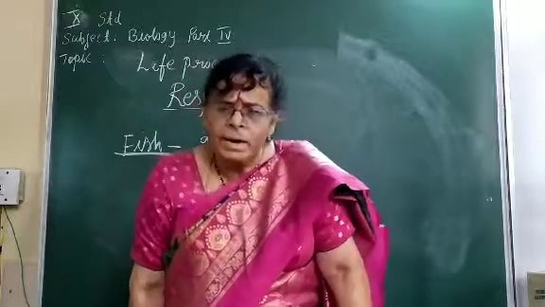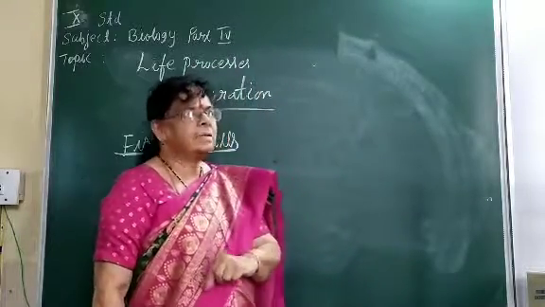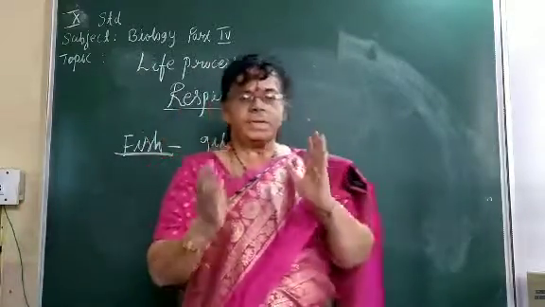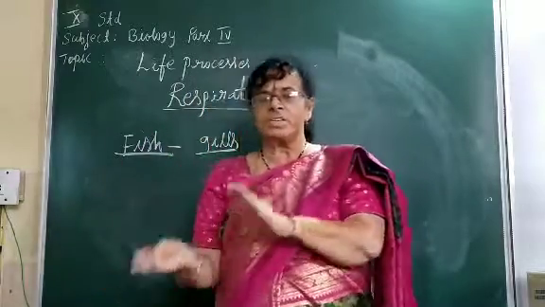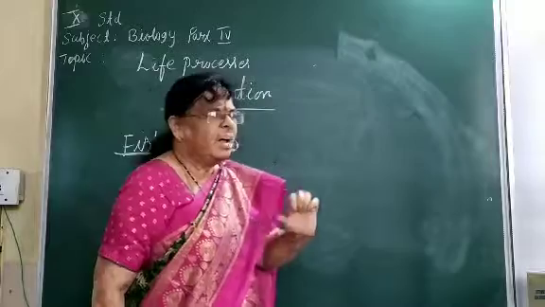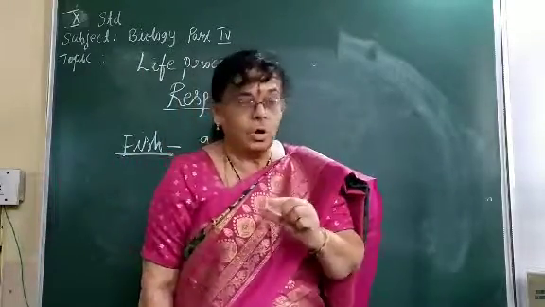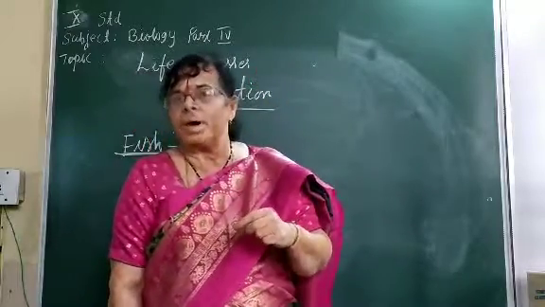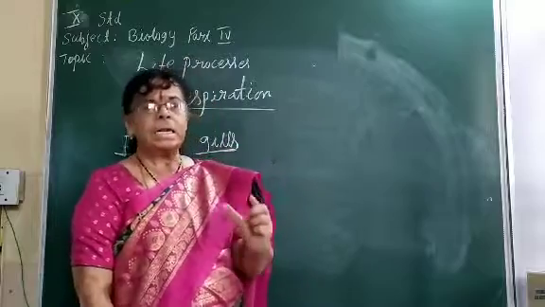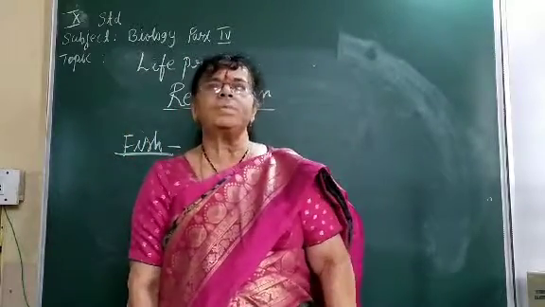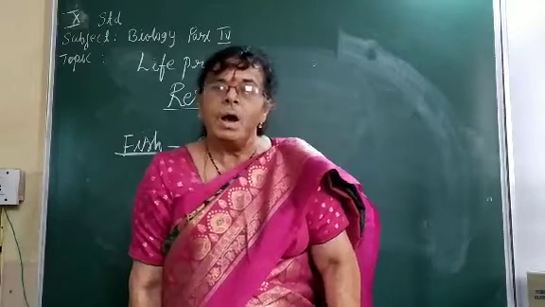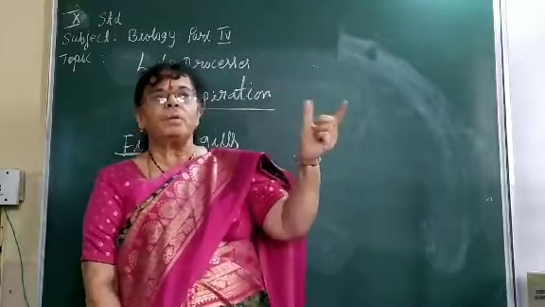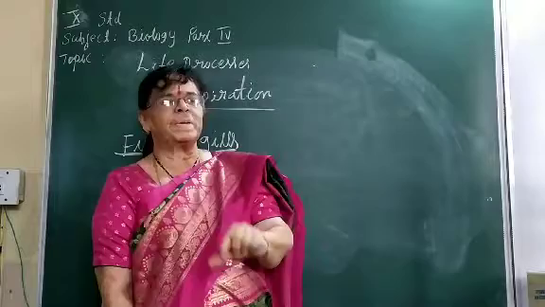And there is one advantage for the terrestrial animals over the aquatic animals in this respiration. See, when I say aquatic animals use oxygen dissolved in water, actually it will be very less. So, the organisms have to breathe faster in order to meet the requirement. Whereas for terrestrial organisms, oxygen is available freely. The percentage composition of oxygen present in the air is more when compared to dissolved oxygen present in water.